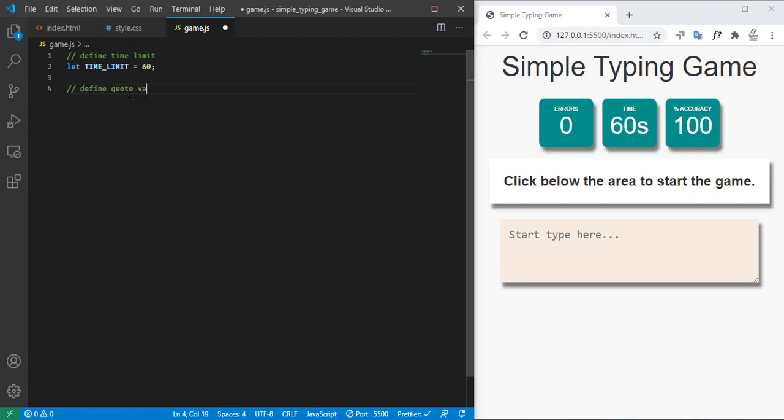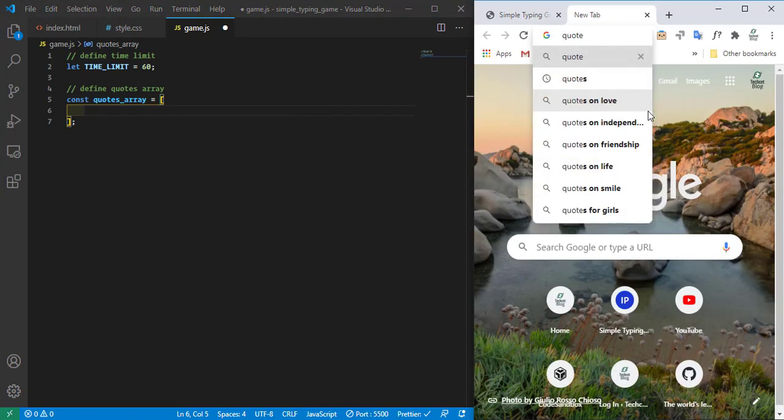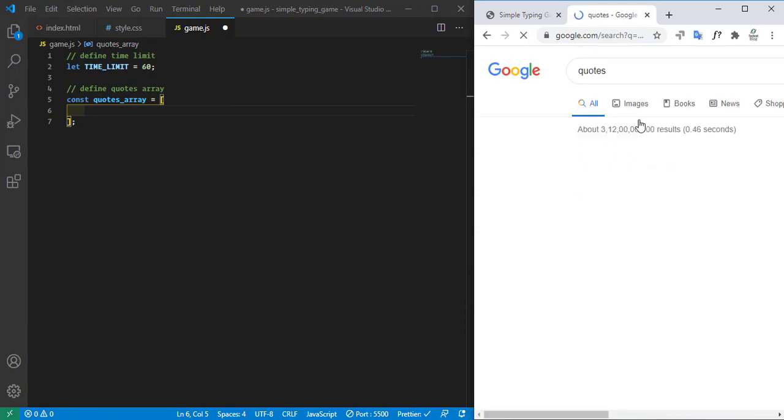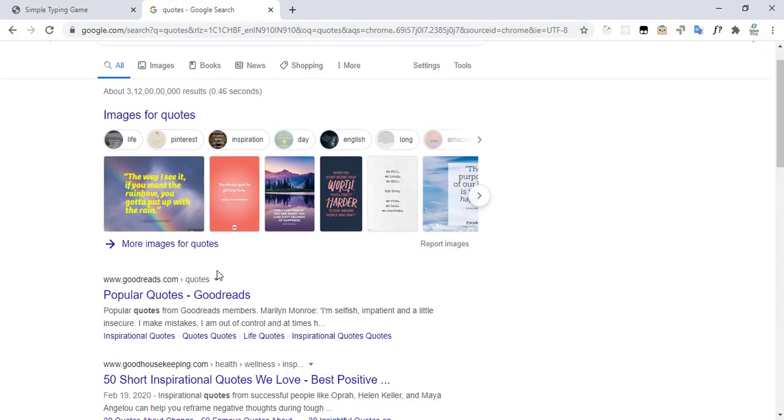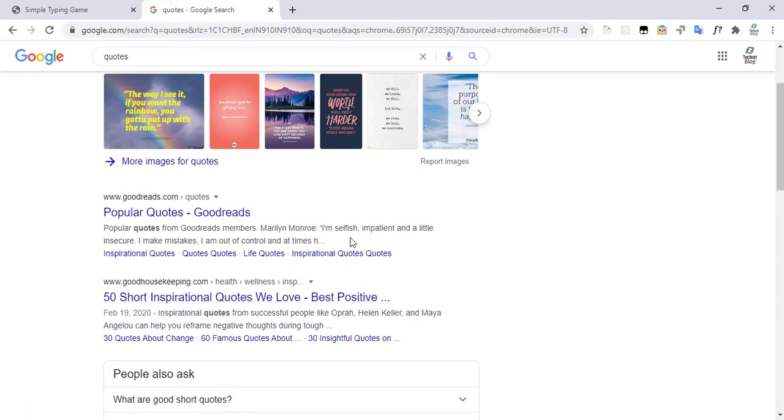Then define a code variable, quotes array. So const quotes array, and this one. And I'm going to search from here, that is quotes, popular quotes,